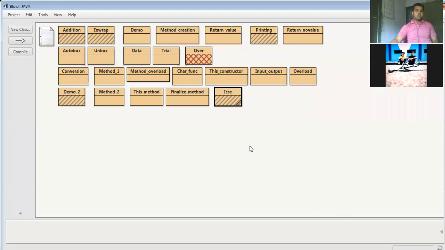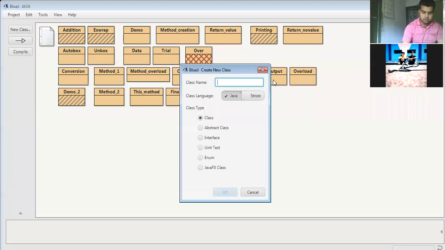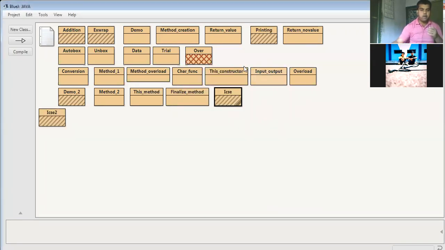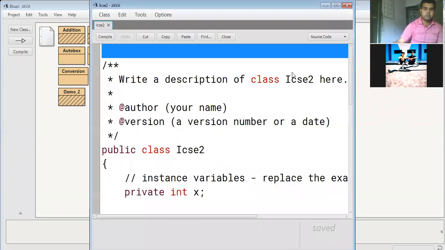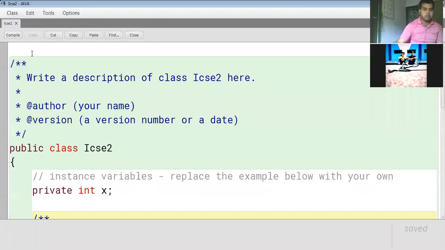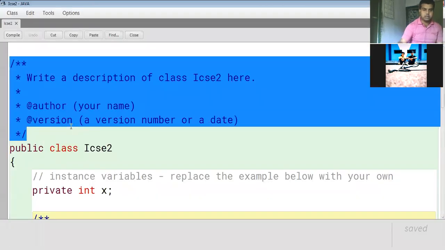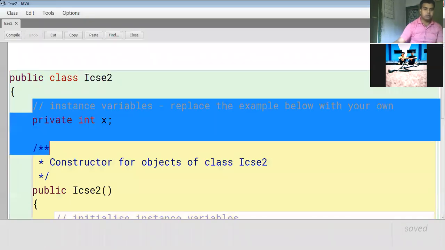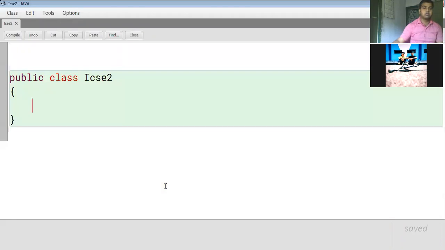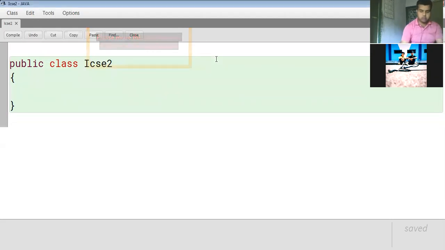Okay, so I'm going to create a new class, ICSE2. Okay, and I'm going to erase all my unnecessary things. And today we are going to do this program using the input output method. Okay, so import